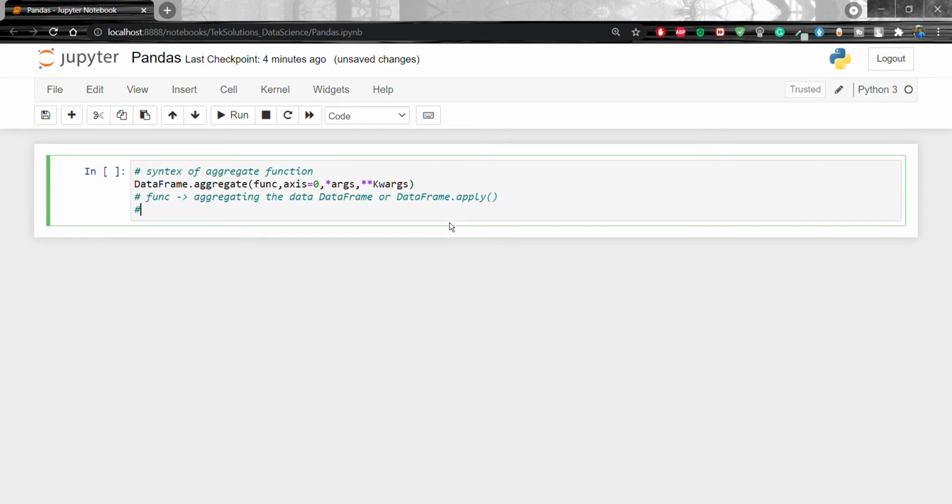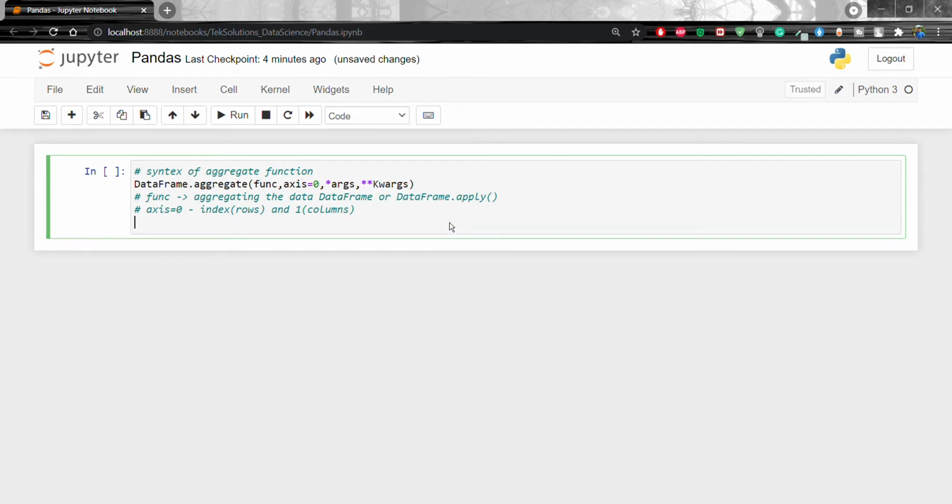Next one is axis. By default that is 0. It refers to 0 or index for rows, and 1 for columns. The third one is args. It is the positional argument that is passed to a function.